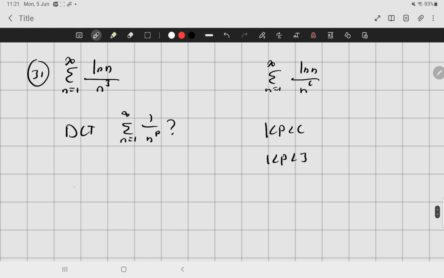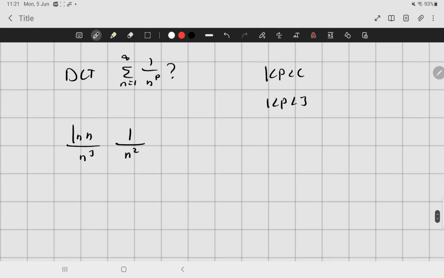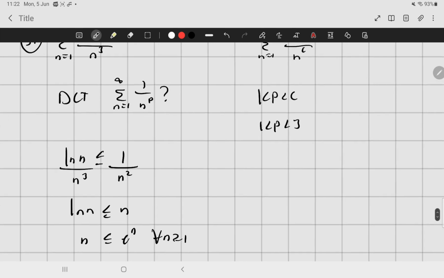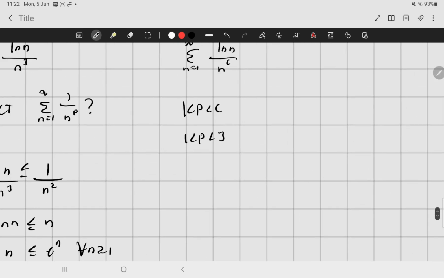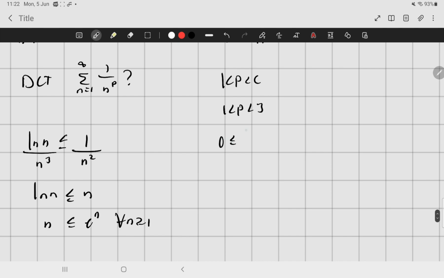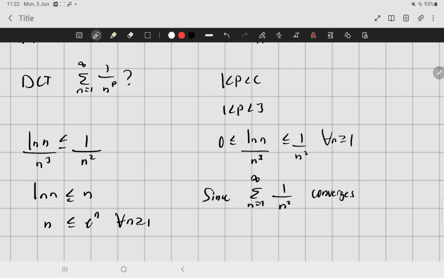Okay, so let's build the inequality first. Let's see whether or not it's true when we pick p is 2. And here ln n, and well, from here, we know this will always be larger for all n. Okay, now, all right. So if we build an inequality by direct comparison test, and both series have positive terms, so for all n, since the series converges, then